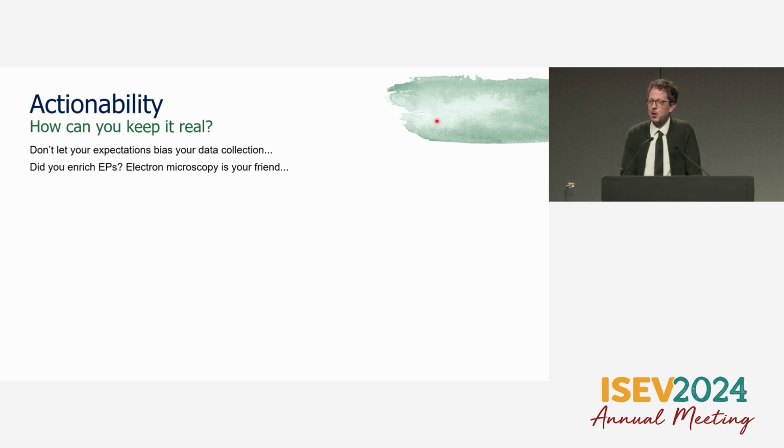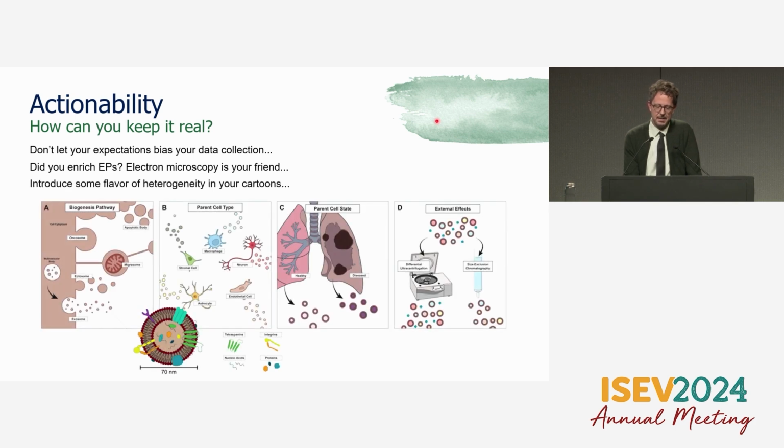So I think being aware of these complexities, actually embracing that EVs are rich and weird and different, and probably not that cartoonish picture that we imagine, is part of the pursuit I think we should be trying to go after. I also am a big fan of electron microscopy. I think actually viewing these things is very important. And then finally, start to introduce some of this flavor in your images. We're starting to see lots of interesting images come out that show at least diversity in size, but think about lamellarity, density, surface materials, and other weird things as you're drawing pretty pictures of these awesome particles.